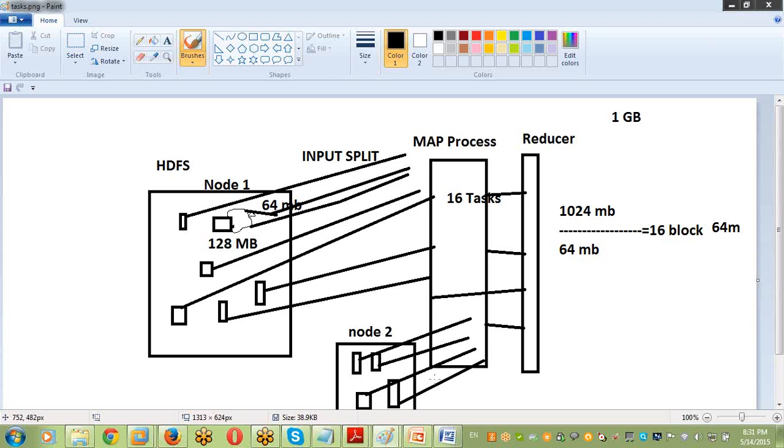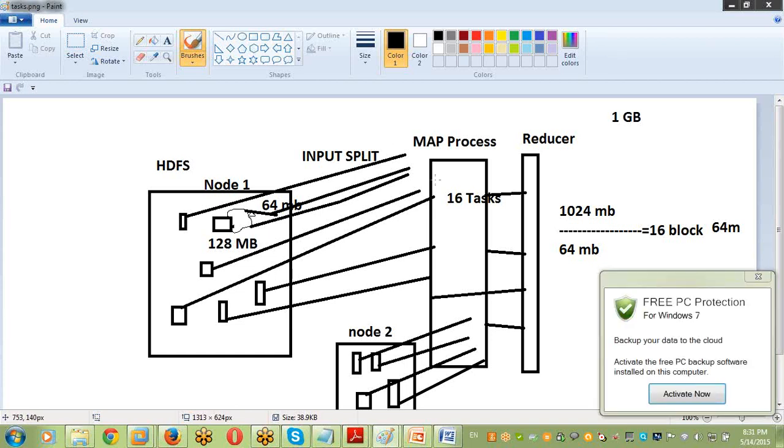So I want to improve the performance. How? Improve the number of mappers, in real time also. How to improve the number of mappers? Simply cut down the split size. By default, the number of input splits equals the number of blocks, and the number of mappers running equals the number of input splits.